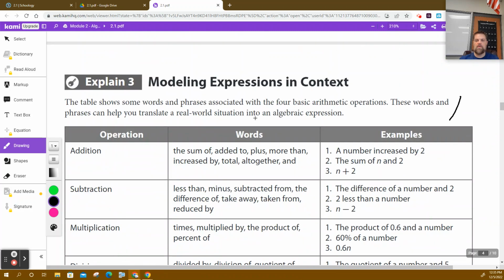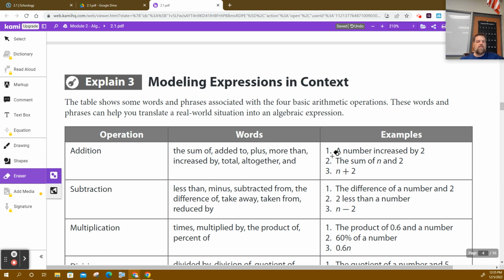All right. So this one, in example 3, it says the table shows some words and or phrases associated with 4 basic arithmetic operations. These words can help you translate real world situations. I'm going to skip this a little bit. I'm going to talk about it. But I want you to know this is not always the case. There are times where these things don't happen always